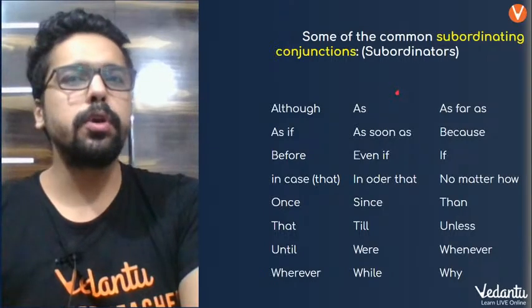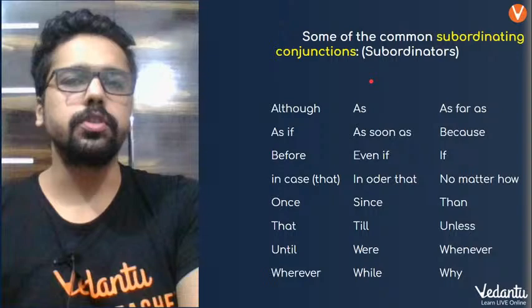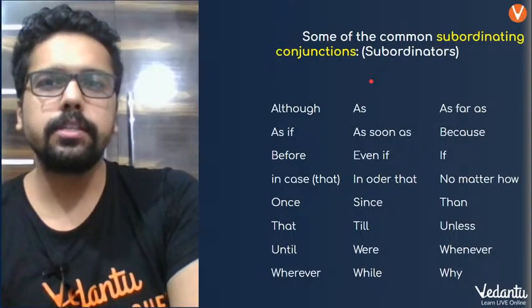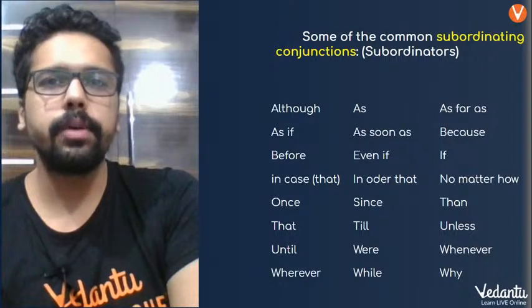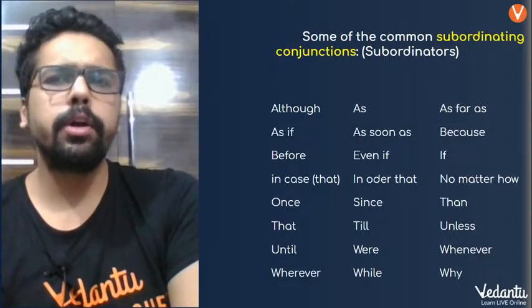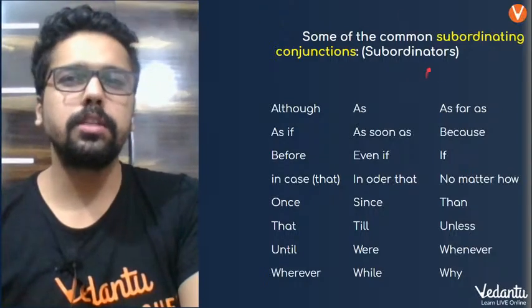And we also should know what subordinators are. So, subordinating conjunctions. One of the parts of speech is conjunctions, right? Like every part of speech has types. Noun has types, pronoun has types. Similarly, conjunction has three types. But here we are simply talking about one of its types, that is subordinating conjunctions. Basically subordinators. They are also called subordinators.